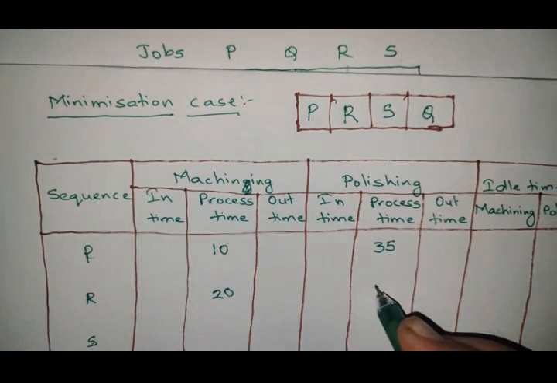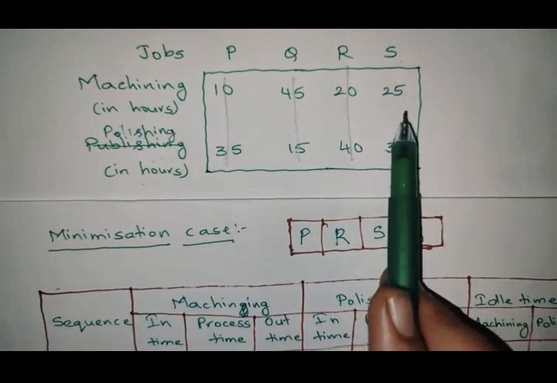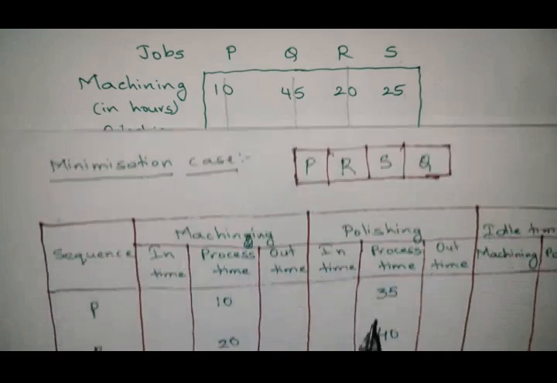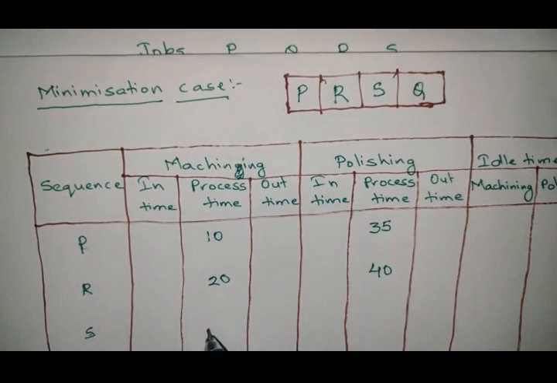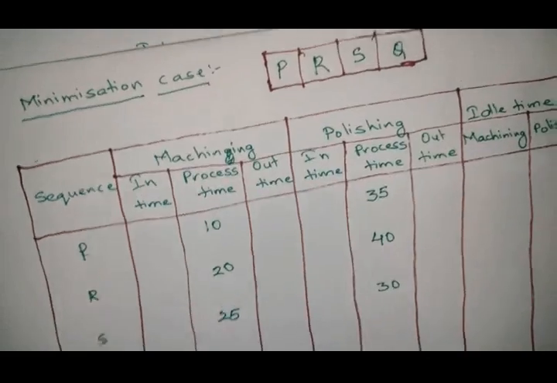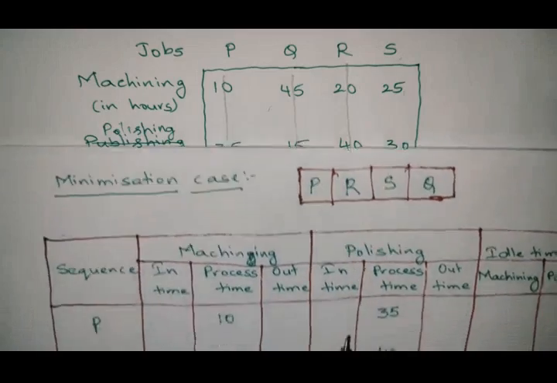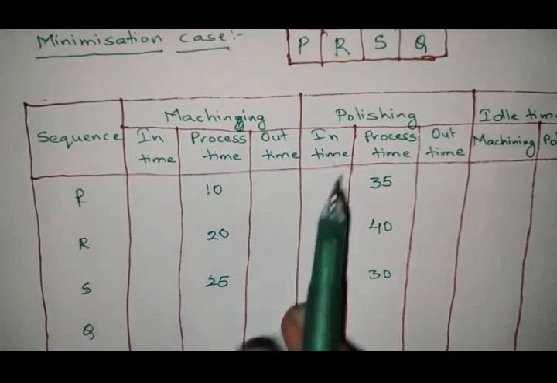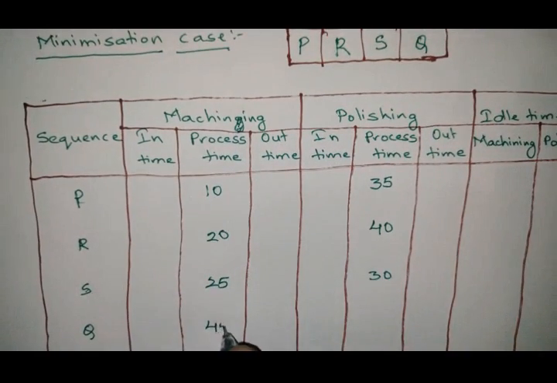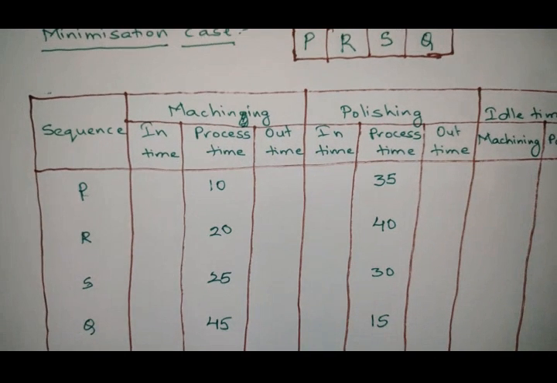And next for job S, the process times are 25, 30. And for job Q, the process times are 45, 15. So write them 45 and 15. So now let us calculate the in times and out times in both the processes and also